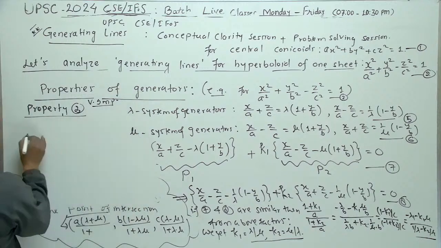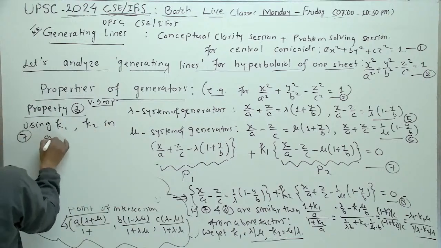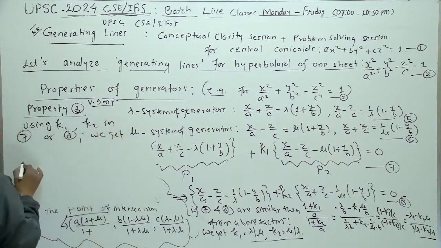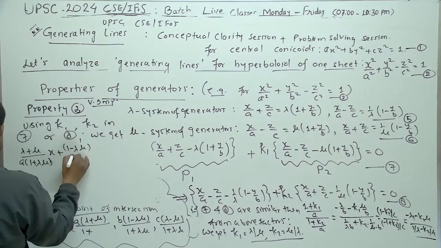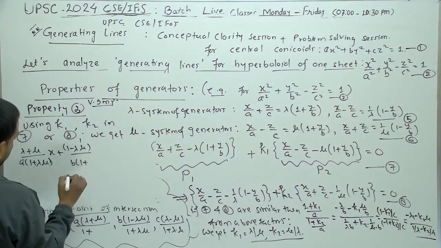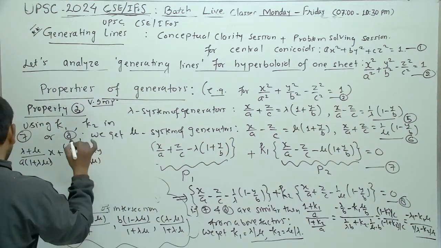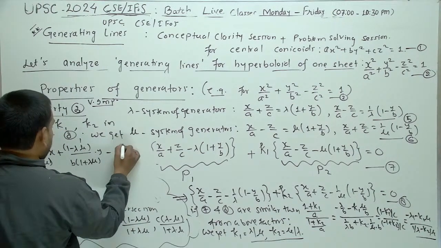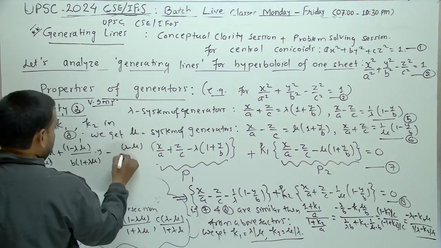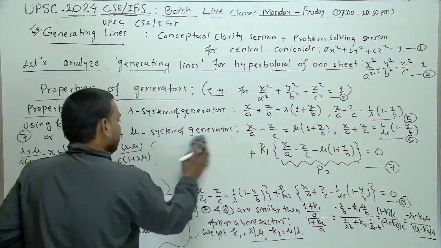So what happens? Use k1 or k2 in 7 or 8, we get, what we get here is lambda plus mu upon a into 1 plus lambda mu into x plus 1 minus lambda mu upon b into 1 plus lambda mu into y minus, यार इसमें थोड़ा सा कंफ्यूजन है मुझे, अभी मैं रेक्टिफाई करता हूँ प्लीज बेटर।